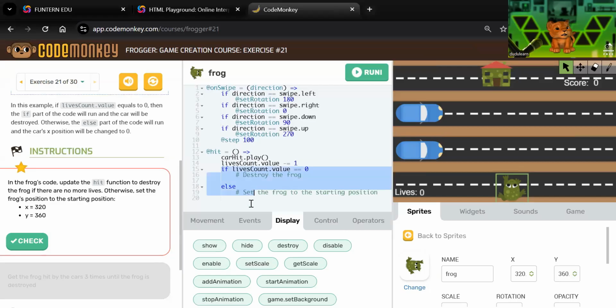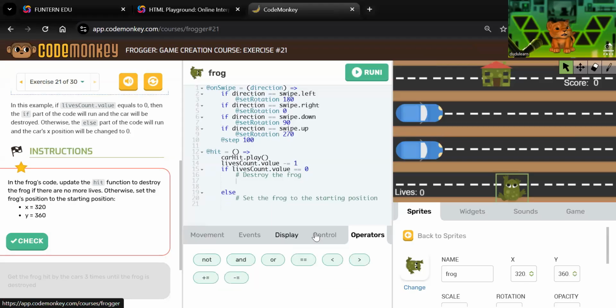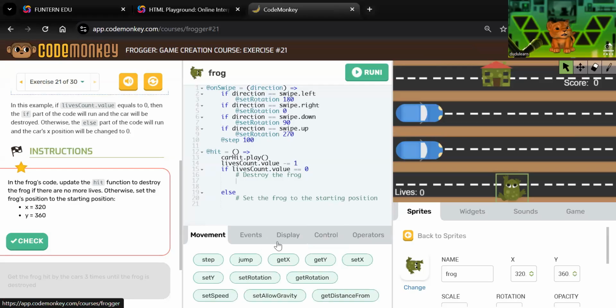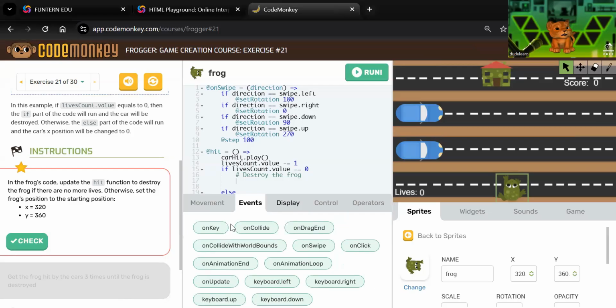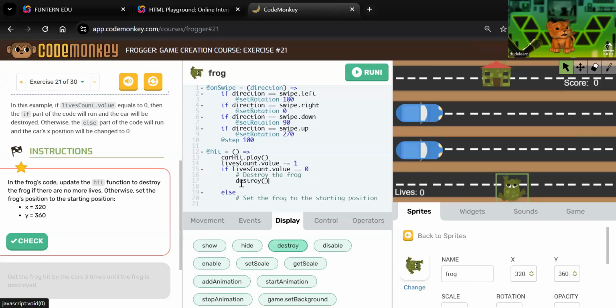OK，你看这里有一个 if else 的这个条件，对吧？If lives count 点 value 等于0了，如果说这个青蛙没有命了，那应该怎么样？Destroy，对吧？那就 call that destroy，对吧？这里要用一个这个 at 键啊，at，那么 destroy，那么我们可以，当然你说的也对，我们要是不确定它这个词怎么写呢？我们在这些比如说 movement 或者哪里，我们去找，对吧？这里的话，呃，在 display 是吧？OK，good finding，yeah，destroy。那么这里的话呢，它是要一个